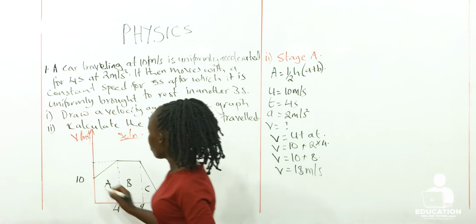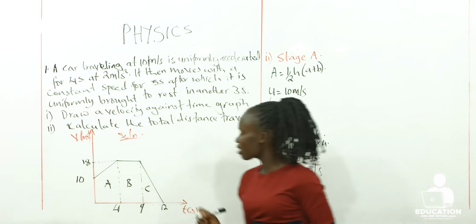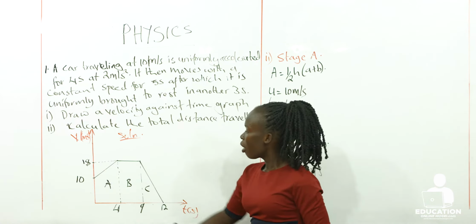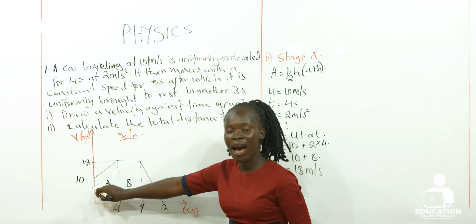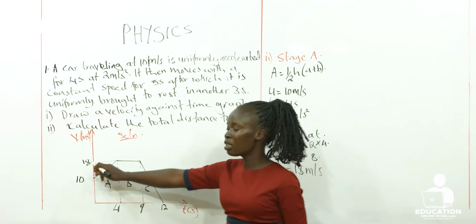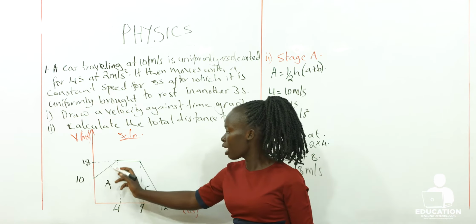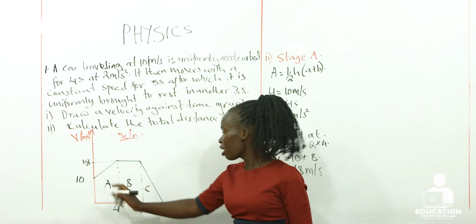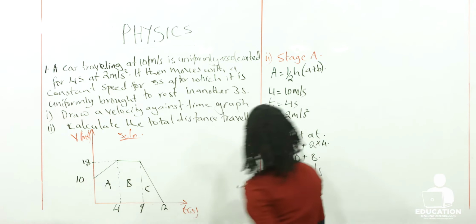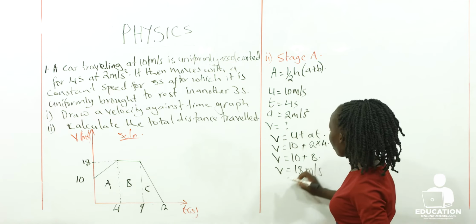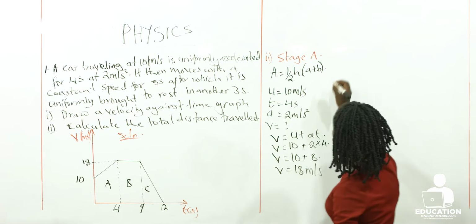That means that at this point here, it is 18. Meaning that our body started accelerating at 10 meters per second, and then finally reached 18 meters per second. So we are saying also that the final velocity here will be the initial velocity for the second stage. So let's first find the distance of this trapezium. Now we can find it because we know the value of b. We now know the value of a. We also have the height. So this time round we shall